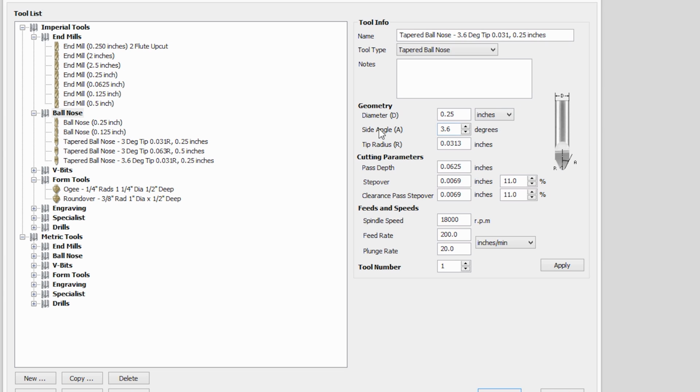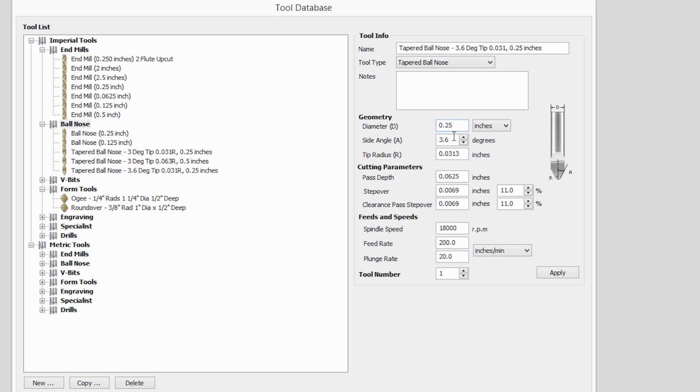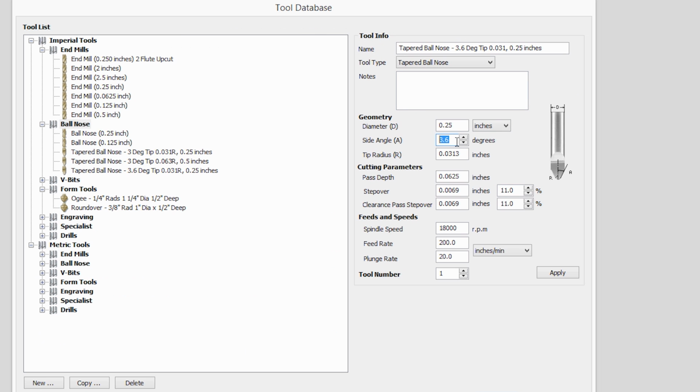As you see here, our diameter D is our shank or our shaft diameter, and if we hop back over to our precise bits, we know that it's 1/4 of an inch. And so we'll leave this 1/4 of an inch. Our side angle on our bit, as we hop back over, is 5.4 degrees. And so here we are going to enter